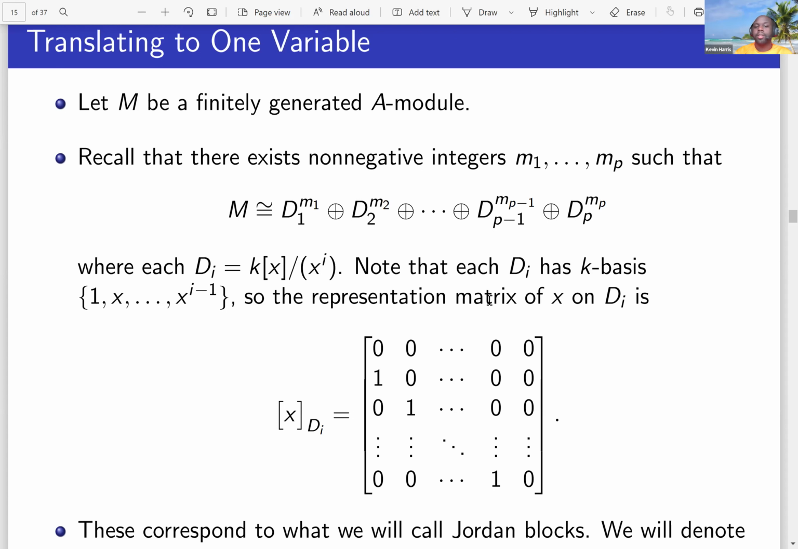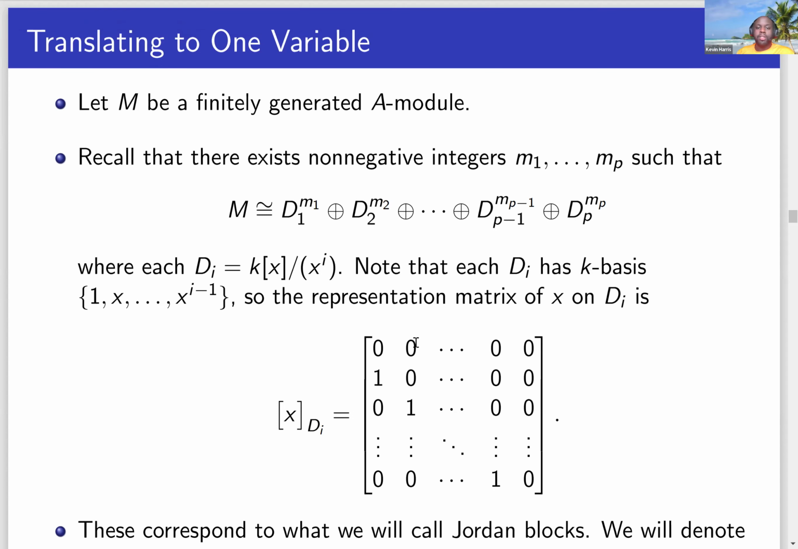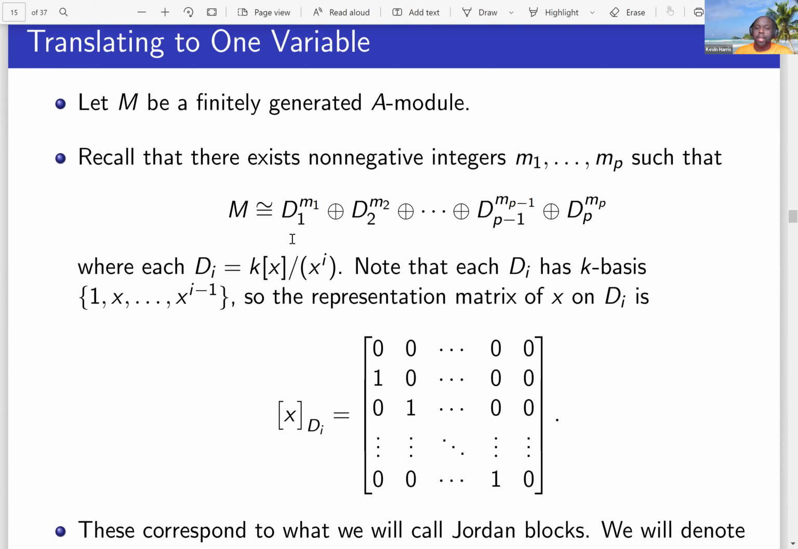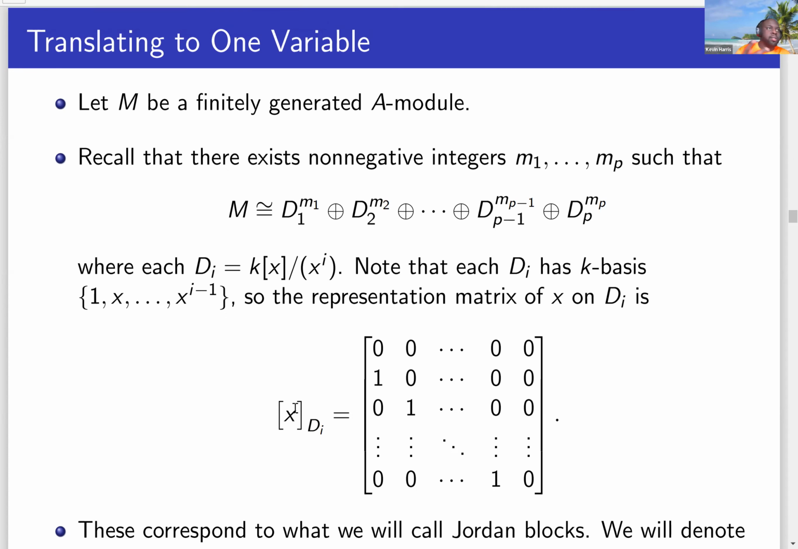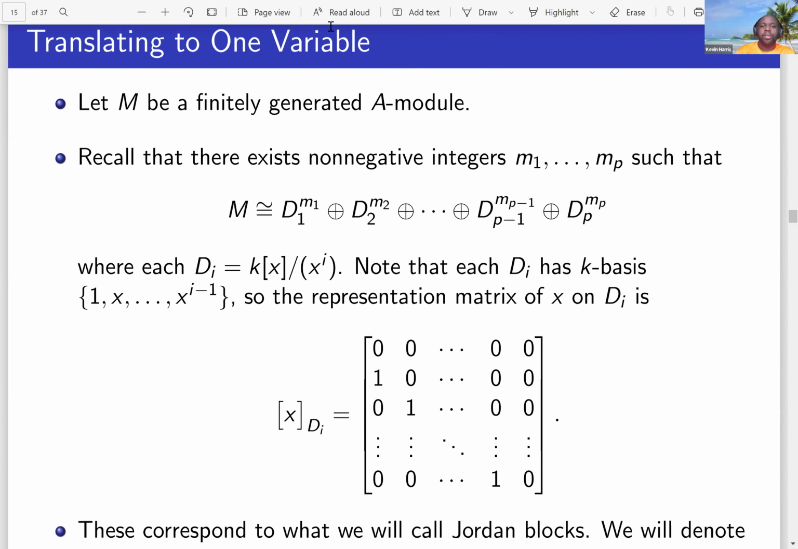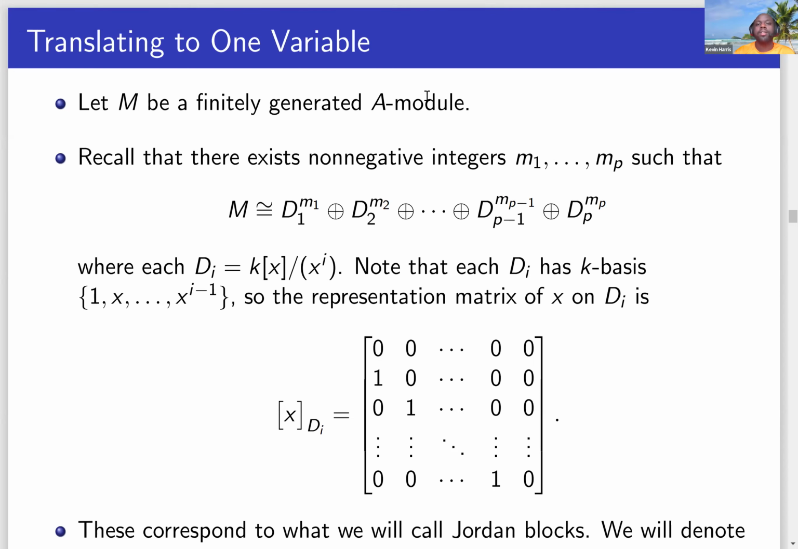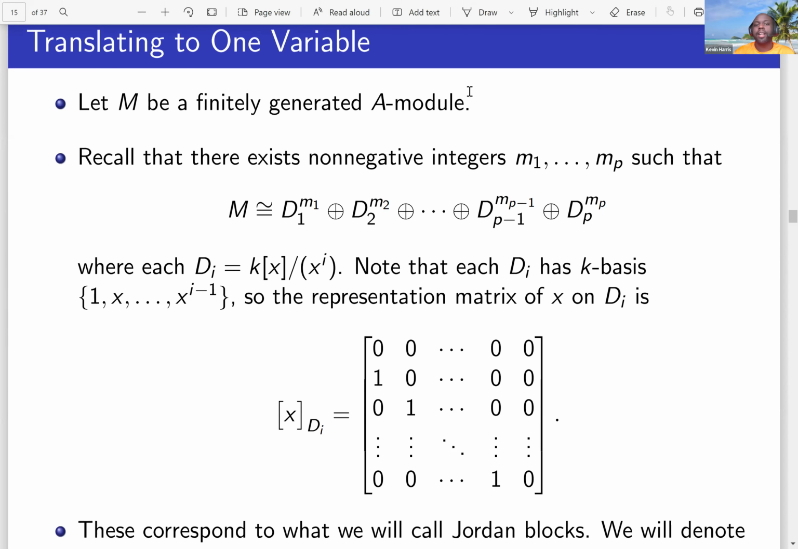We just want to understand what each representation matrix for these quote unquote d sub i's look like. And each d sub I is just going to have k basis 1, x, all the way up to x to the I minus 1. And for this, we don't look at what technically u lambda does to it, or I guess in a way we do, because once we translate to one variable,